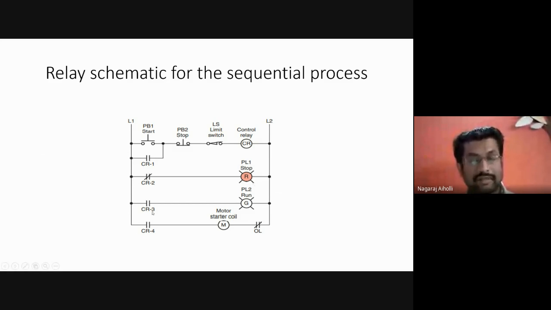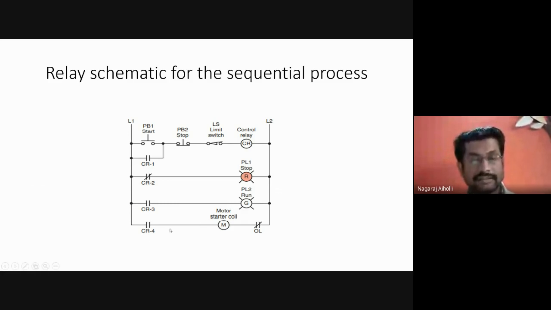Similarly, CR3. It was originally normally open. It went from open to closed state to turn on this green LED when the motor was in the running state. Now this time what will happen? It will go from closed state to open state. Then again there will be no current flowing here, and the green LED will go from on state to off state. Red LED will go from off state to on state, indicating the motor is about to stop, and the green LED will go from on to off, again indicating that the motor is going to stop now.